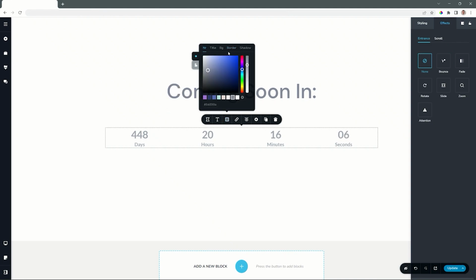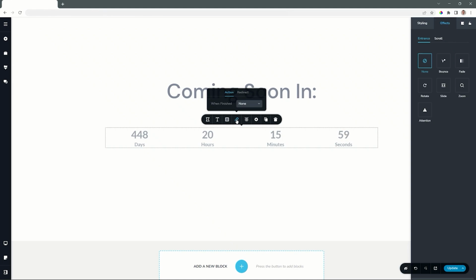But the most important part of this is something that's often overlooked, and that's here at the link function. Link here relates to an action or a redirect. What happens when this countdown comes to an end? Have you ever gone to a website and you've seen a countdown that's at 0? Doesn't look good. It means someone forgot to update the website, and it's important that you try and do something